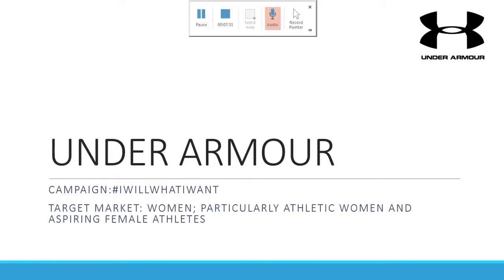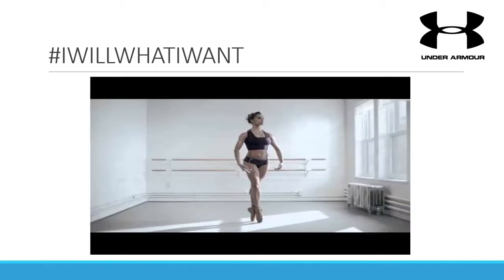Next, we'll take a look at Under Armour, a company best known for targeting males, especially young aspiring male athletes, with their football and basketball ads. Under Armour created the I Will What I Want campaign to target a new demographic, women. The I Will What I Want campaign was designed to attract athletic women and inspire young female athletes. In this campaign, females are the vulnerable target consumer. Under Armour set out to avoid creating situations of vulnerability by inclusion and accessibility and not exclusion and alienation. Let's take a look.